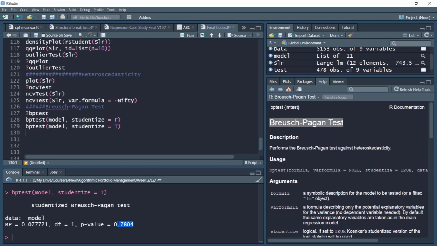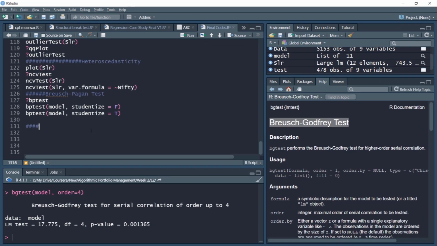The issue of heteroscedasticity is slightly moderate, in the sense that with studentized values, it is not affecting our estimation. So just to summarize, we tried to visually examine the issue of heteroscedasticity. It appears that residual variance is not constant. However, when we conduct the BP test with studentized errors, our model seems to be not much afflicted by the issue of heteroscedasticity. So there is an issue of heteroscedasticity, but it seems to be slightly moderate.